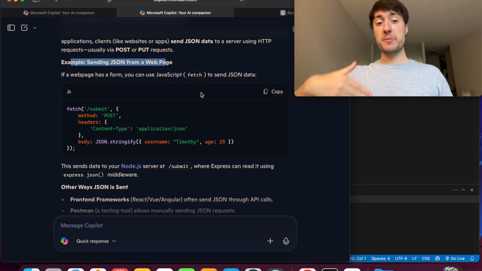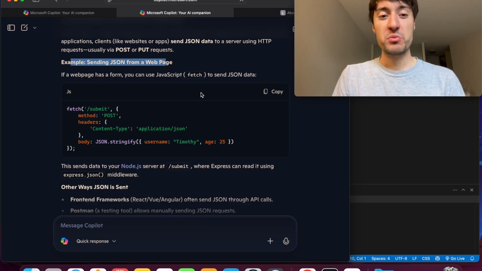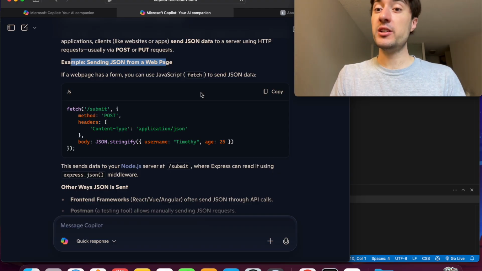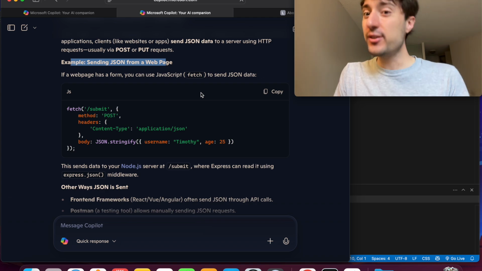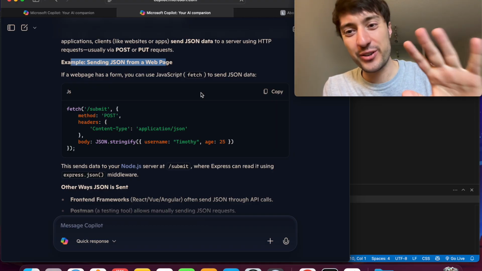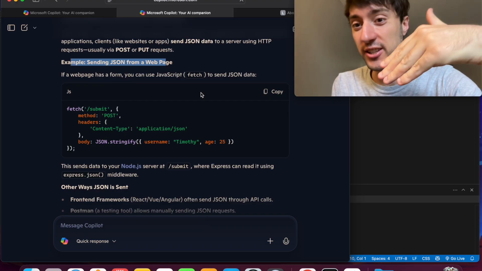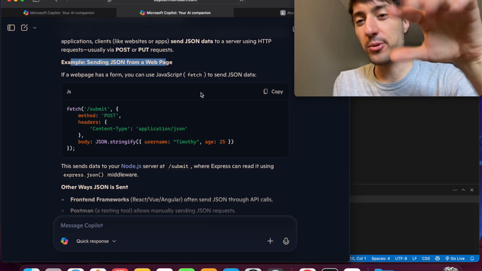Which obviously brings up a secondary thing that we need to learn, which is how do you connect JavaScript to your web page? So we still haven't even figured out how to do the HTML and CSS. We're gonna